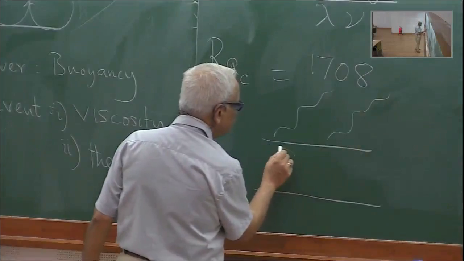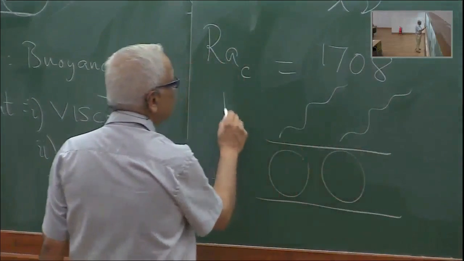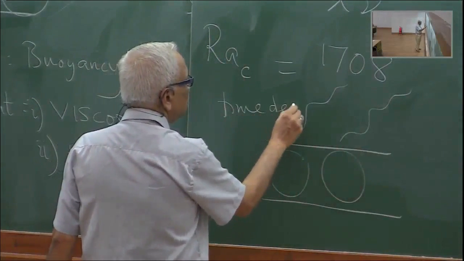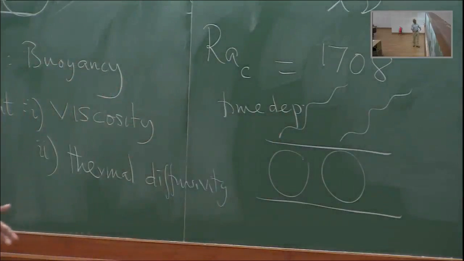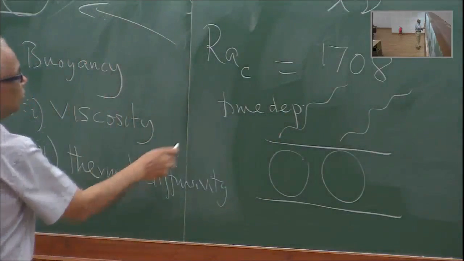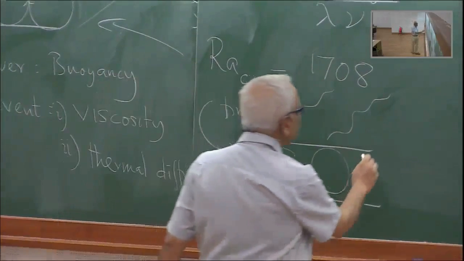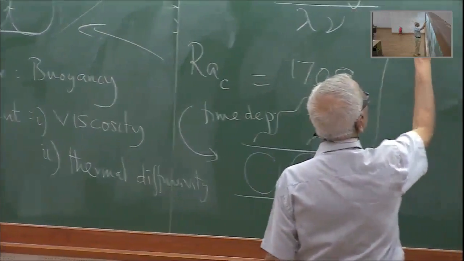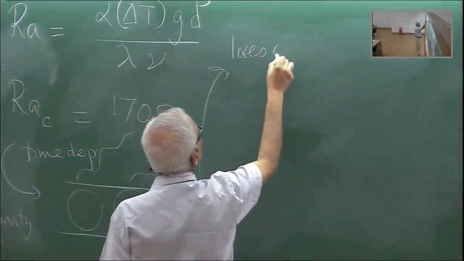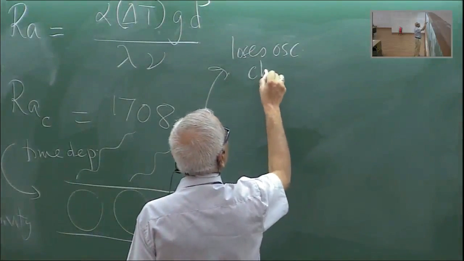So the rolls now become time dependent. This is what happens at somewhat higher Rayleigh number. Then it's a nice oscillatory thing, and it loses its oscillatory character,